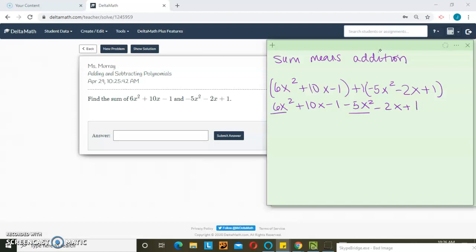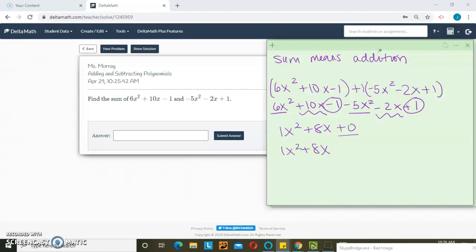I combine 6x squared minus 5x squared. 6 and a negative 5 is a positive 1x squared. 10x and a negative 2x, 10 and negative 2 is positive 8x. And a negative 1 and a positive 1, when I combine them, goes to 0. Okay, so I don't need to write the 0, so I can just write my final answer as 1x squared